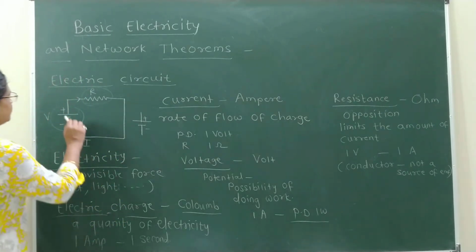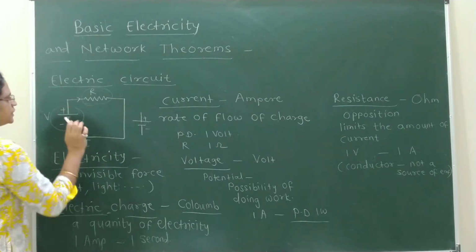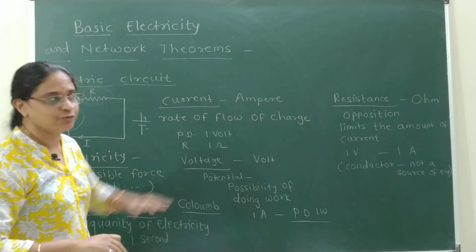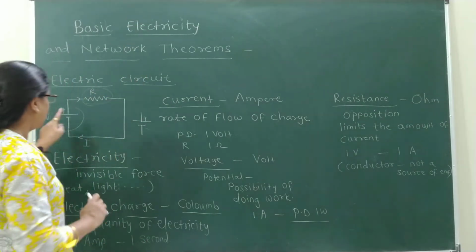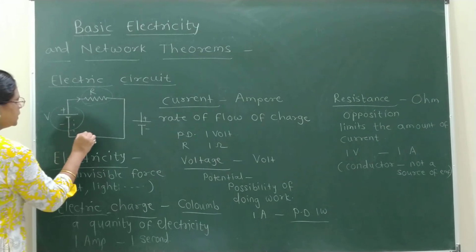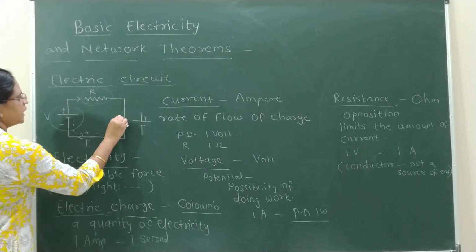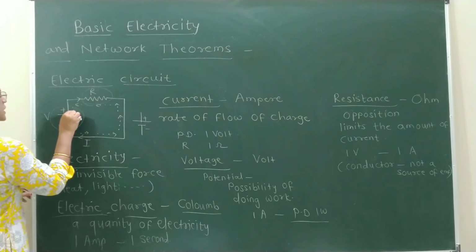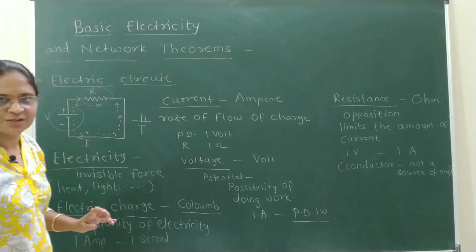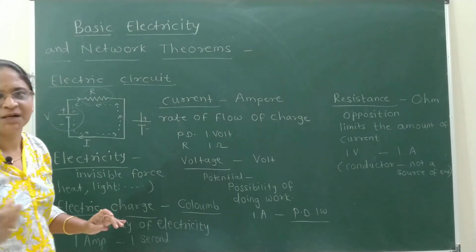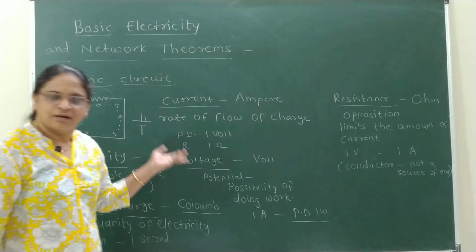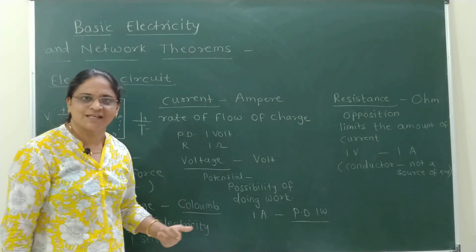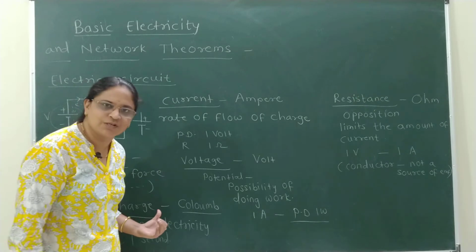Always remember that from the positive battery terminal to the negative, there is the conventional current flow. It is considered to be conventional current flow from higher energy to lower energy. And from the negative terminal to the positive terminal, actually electrons flow. The continuous flow of electrons is nothing but current. So current can also be stated as the rate of flow of charge. So what is charge, what is electricity? These points we have to discuss further.